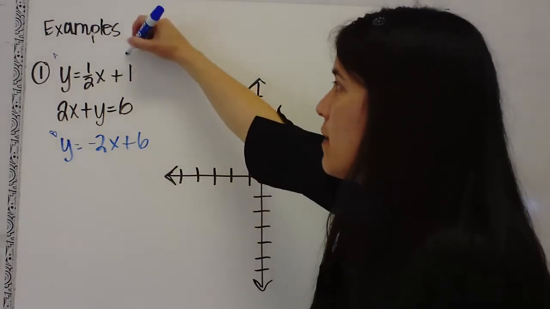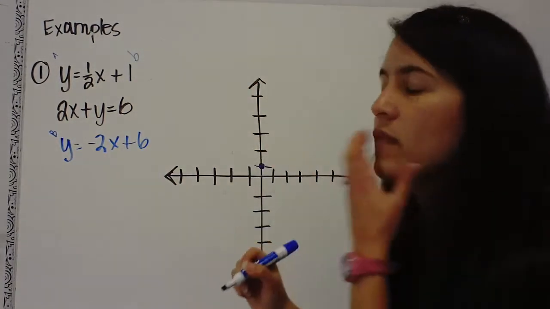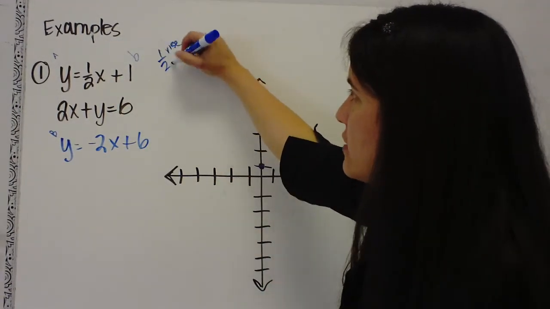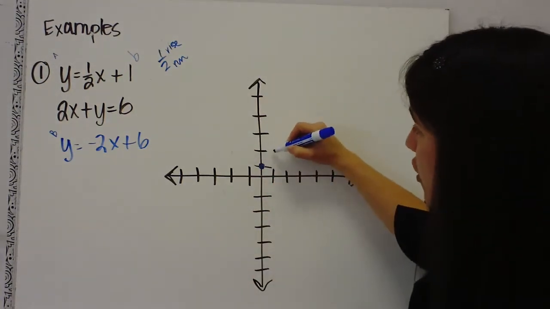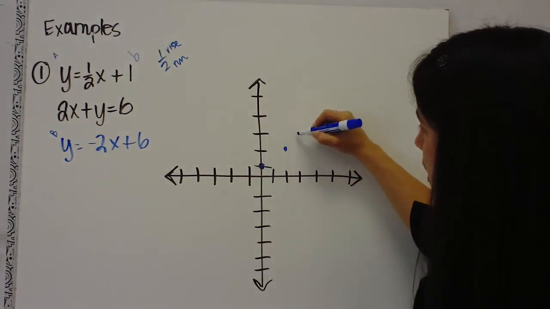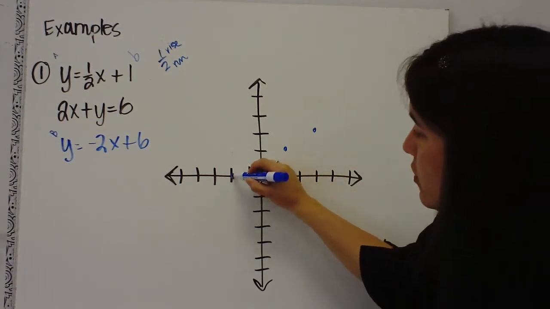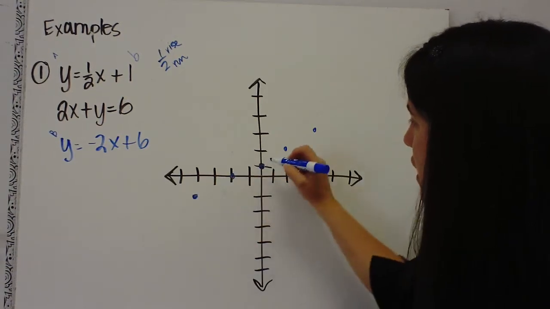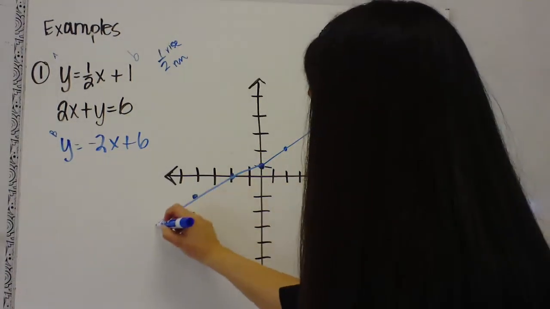This is where I start my b value, so I'm going to put a dot at 1. And I have to use my slope of 1/2. That's rise over run, and it's positive. So that means I'm going to go up 1 over 2, up 1 over 2, or you could go down 1 and over 2, down 1 and over 2. And you should see the line that I have graphed